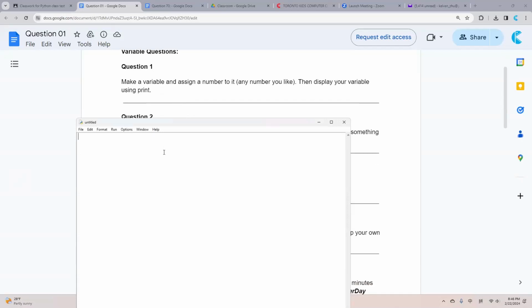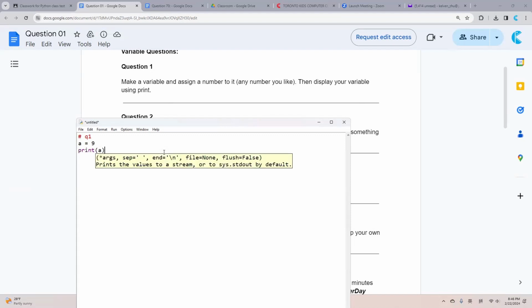Okay, first question, you can just write hashtag Q1. You can make any variable such as a equal to 9. Then display your variable using print, which will be print(a). All right, you can test your coding to see if it's right by clicking run module,